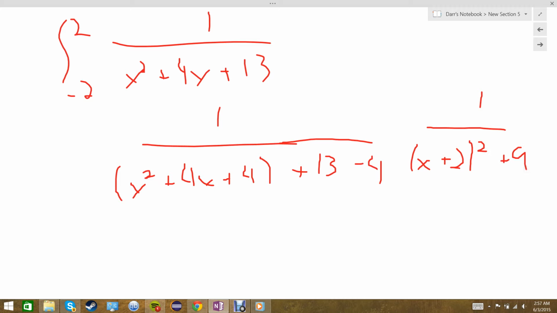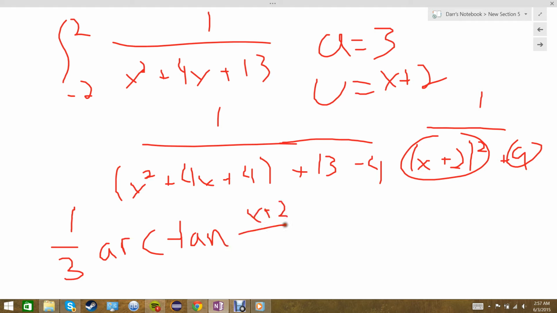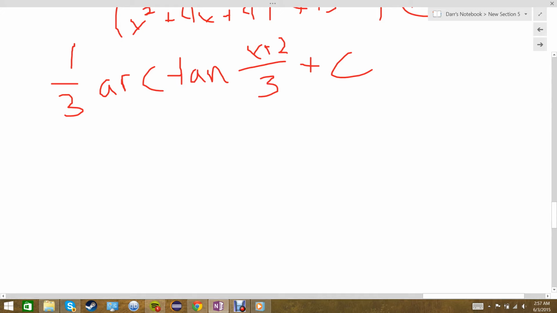Okay, now what you would get here is an arctangent looking thing, because if this is a and this is u, it's a squared plus u squared. So a is 3, u equals x plus 2, and let's do the arctangent. 1 over 3 arc tangent of x plus 2, which is u, over a, which is 3, plus c. But this is a definite integral, so what we're going to do, since it's negative 2 to 2, is just